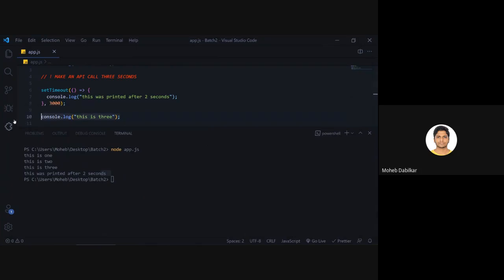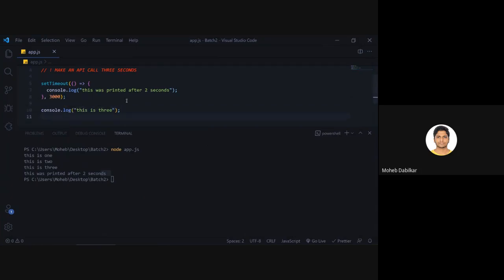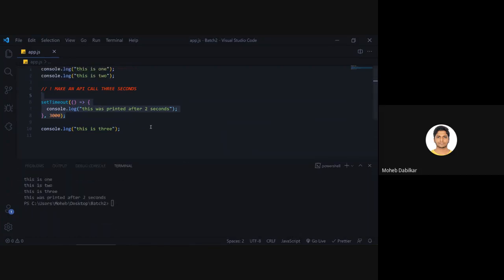But regardless of it being in the 10th line, in between, over here, if you see, this is 1, then there's 2, and then we have an API call, that is this one, and then this is 3. But instead of stopping and waiting, it just prints this is 3 over there.